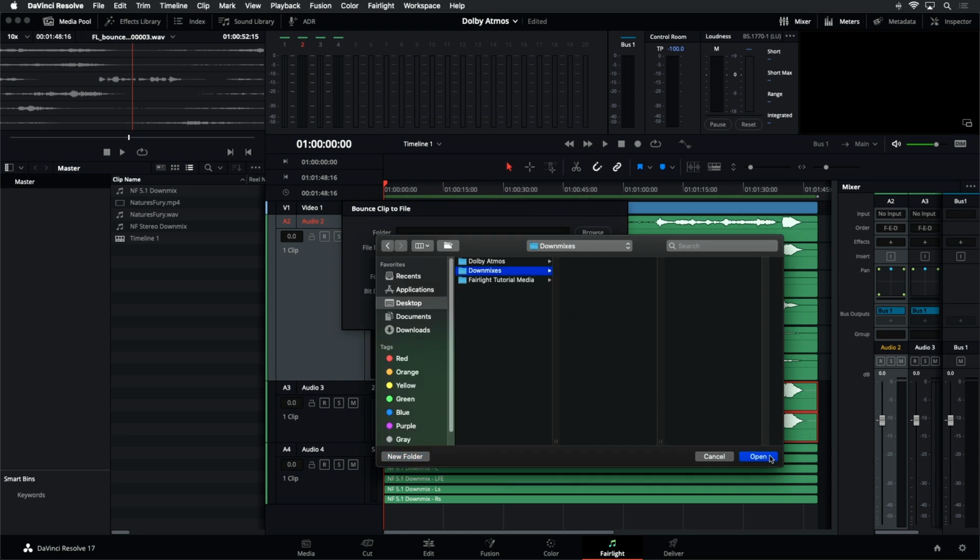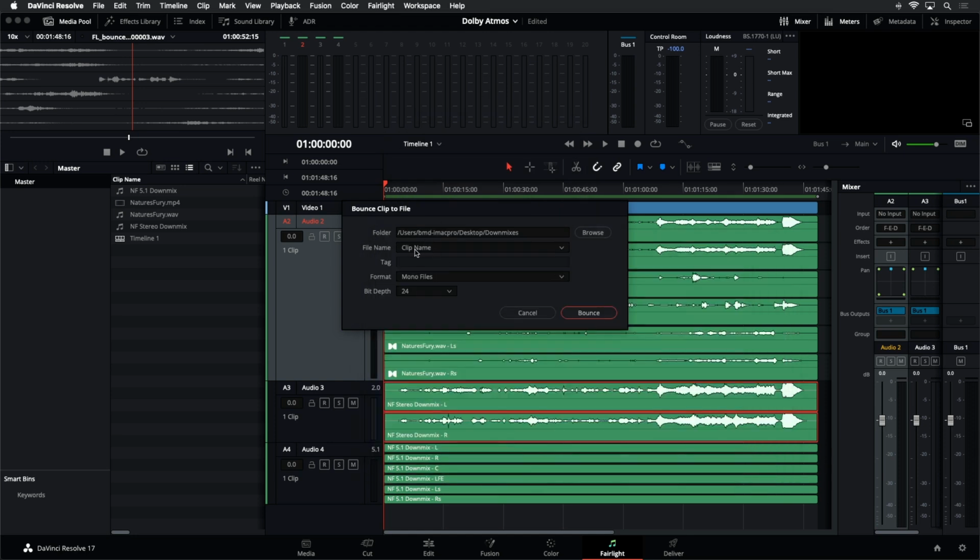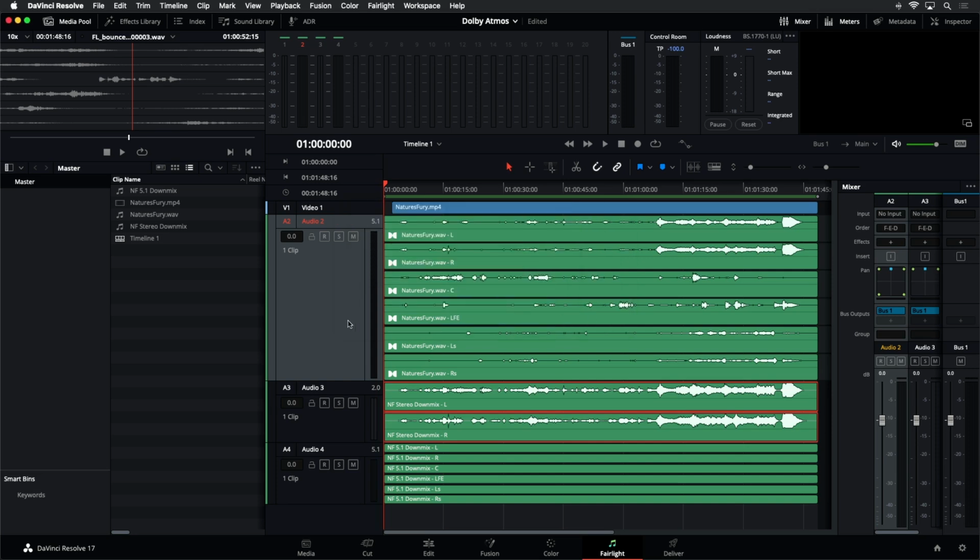There we go. And it will just use the clip name. It will output it as either mono files or multi-channel files. I'll go ahead and output it as multi-channel files, and bounce, and done. That one's already sitting there. Now before I